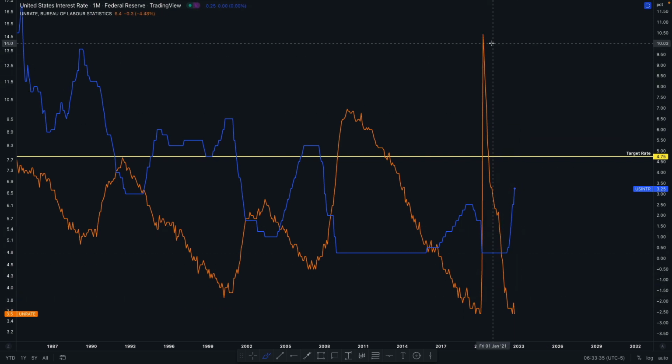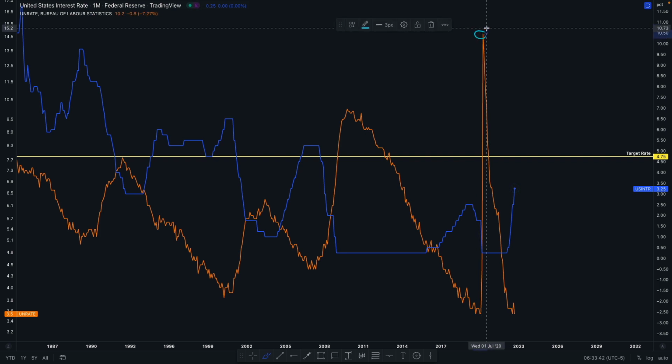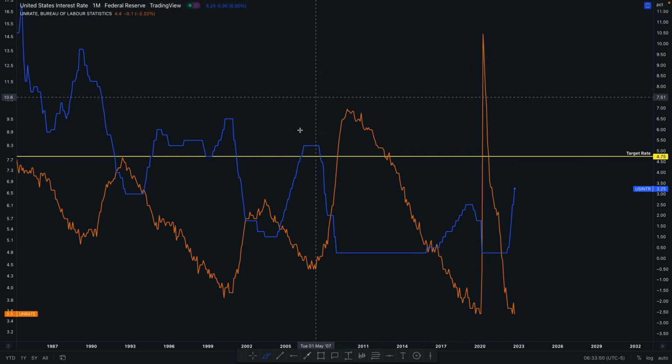But a good thing to remember is that we don't have to wait that long for the markets to rise, because by the time unemployment does peak and reach its height, the stock market bottom is typically in. And since risk-on assets are all being grouped together, whenever the Fed actually pivots or stops raising interest rates, that's when we could look for a possible real bull market to commence.